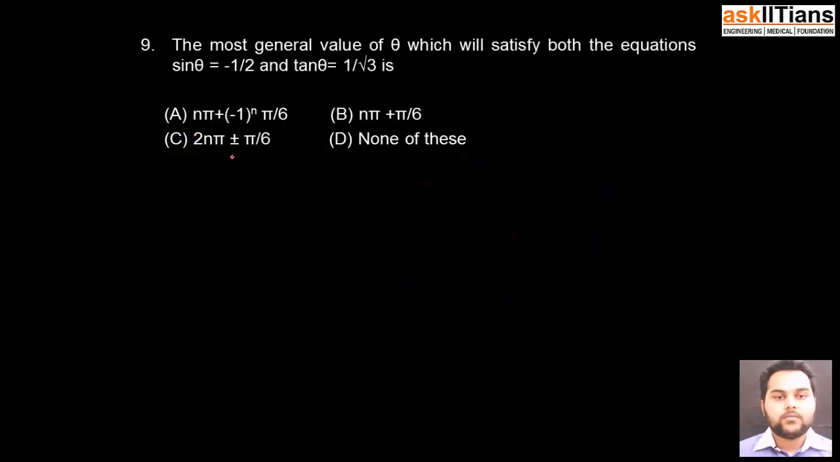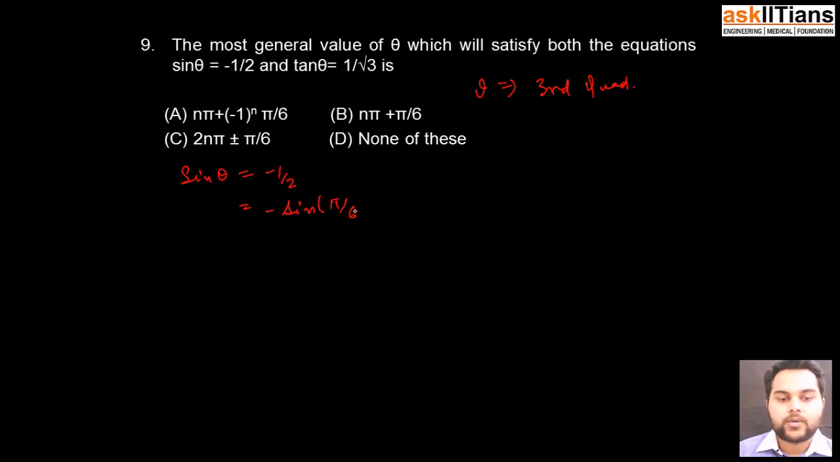Moving on to the next question. The next question is the most general value of theta satisfying both the equations sin theta is equal to minus 1 by 2 and tan theta is equal to plus 1 by root 3. Sin theta being negative and tan theta is positive, so my theta value should lie in the third quadrant. In the third quadrant, if I try to plot sin theta is equal to minus 1 by 2, that shall be minus of sin pi by 6, which is equal to sine of pi plus pi by 6, that is 7 pi by 6,